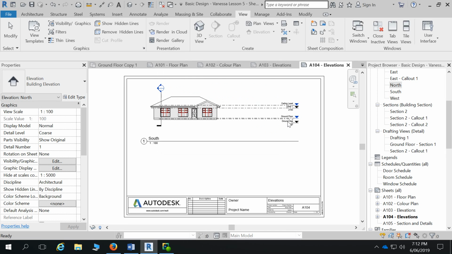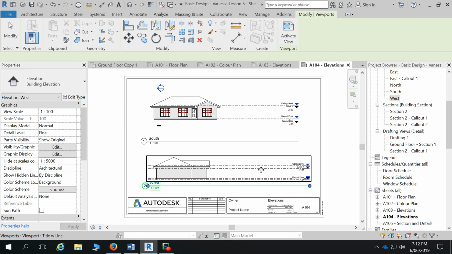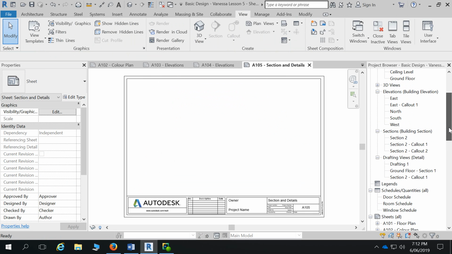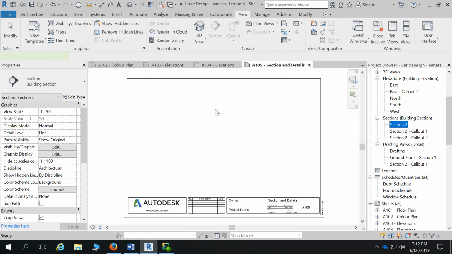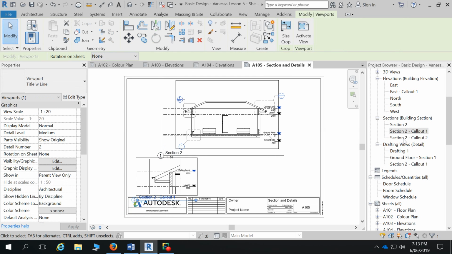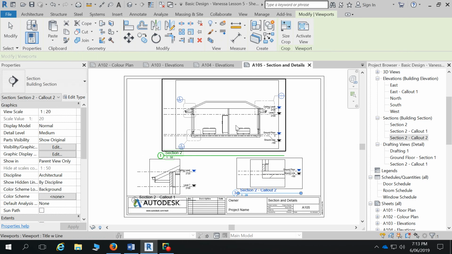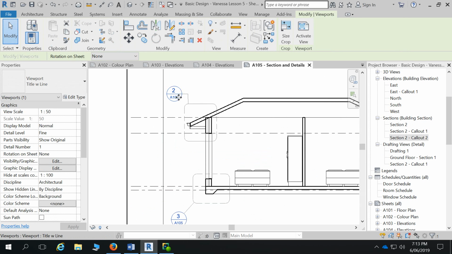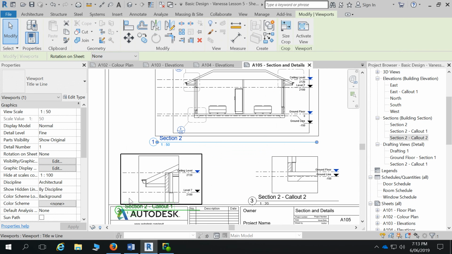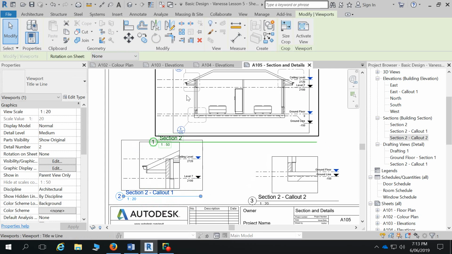And once you put your section marker, or once you put your section on a sheet, and rename the section if you want to. I've just got a section 2, and pull your callouts on. Not a very good sheet. So notice how it goes to A105, so it's view 2. So you can see the 2 there on sheet A105, and that you're never going to mess up your cross-referencing